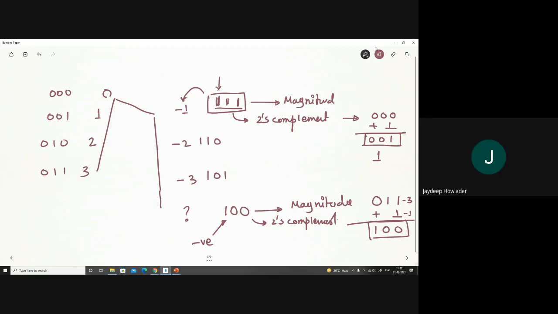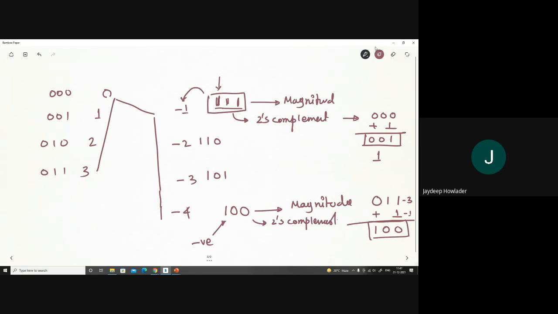Yes, sir. Sir, what will happen if we add triple one with one? I was confused with negative zero and positive zero, only that part. I'm coming to that. So this number is resolved: 1 0 0 is resolved as -4. Understand? Okay. So now we have 8 distinct numbers.